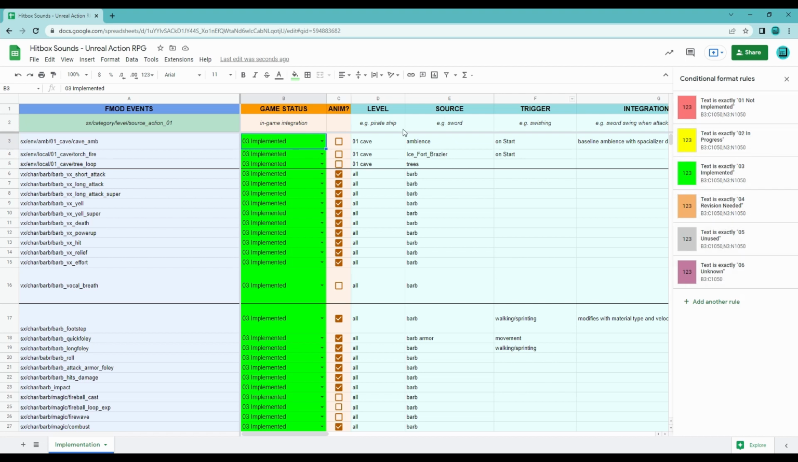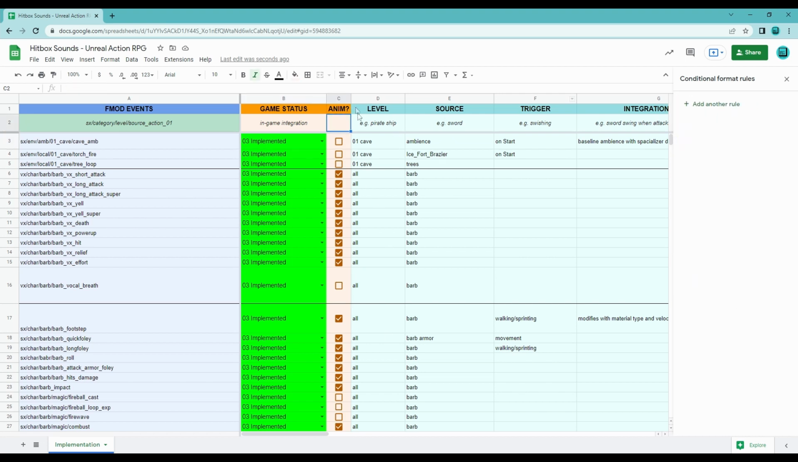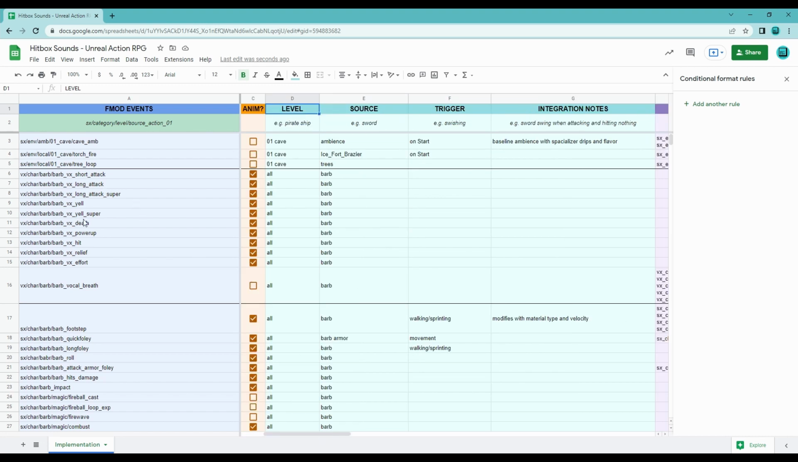So nice. Next, we have a little animation marker here for our anims, just to know if these events are tied to certain animations or if they're sort of 2D or UI types of sounds. Next up is just a level to let us know precisely where in the game this event is going